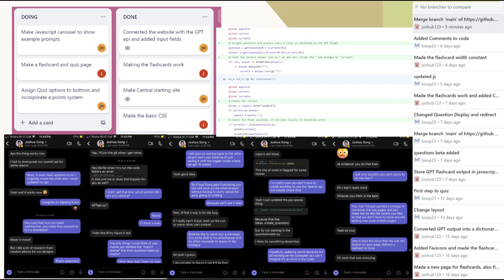We initiated the project by organizing tasks on a Trello board, dividing responsibilities between myself and my partner Josh. I focused on creating a ChatGPT API based multiple choice quiz and implementing a JavaScript image carousel. Meanwhile, Josh tackled building a separate page for a flashcard system, also using the ChatGPT API. We took the initiative to create a GitHub repository where we documented our commits and saved the progress of our